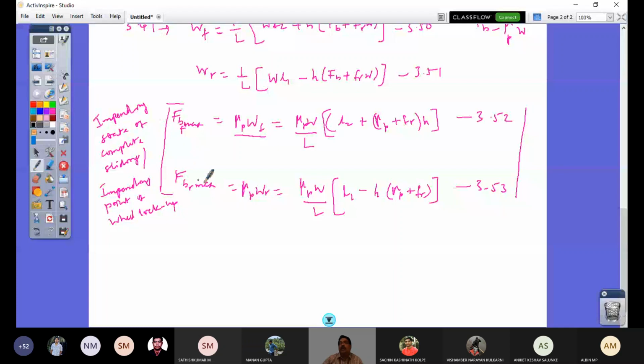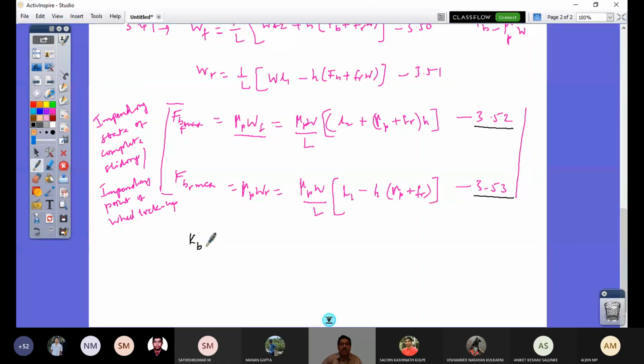So this scenario is what is an ideal braking scenario. So 3.52 and 3.53 are going to give you maximum values at the front and the rear. That's an impending state, but there won't be further increase from that. That would be taken care of by a control system in your vehicle. If that is so, you would have your vehicle stopped at the shortest distance, safely. That's the first thing. So if that is so, what is the braking force distribution? That braking force distribution should be the same as this.